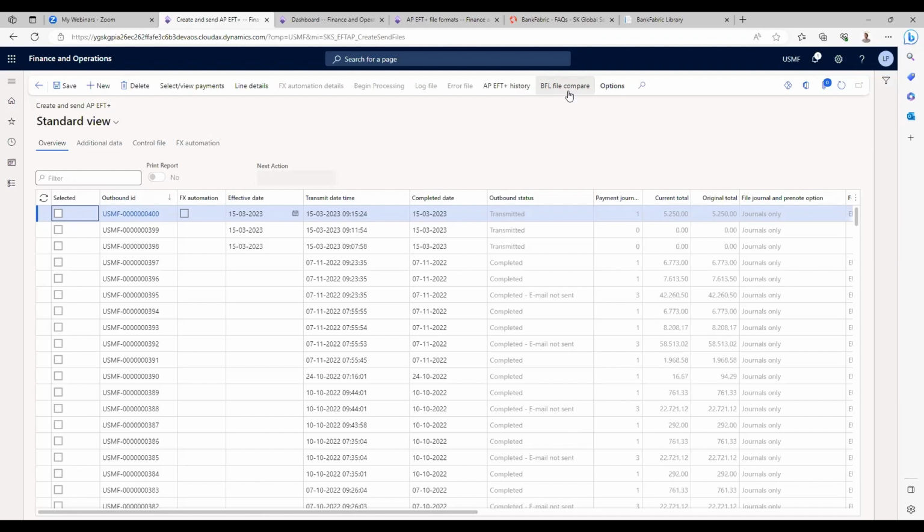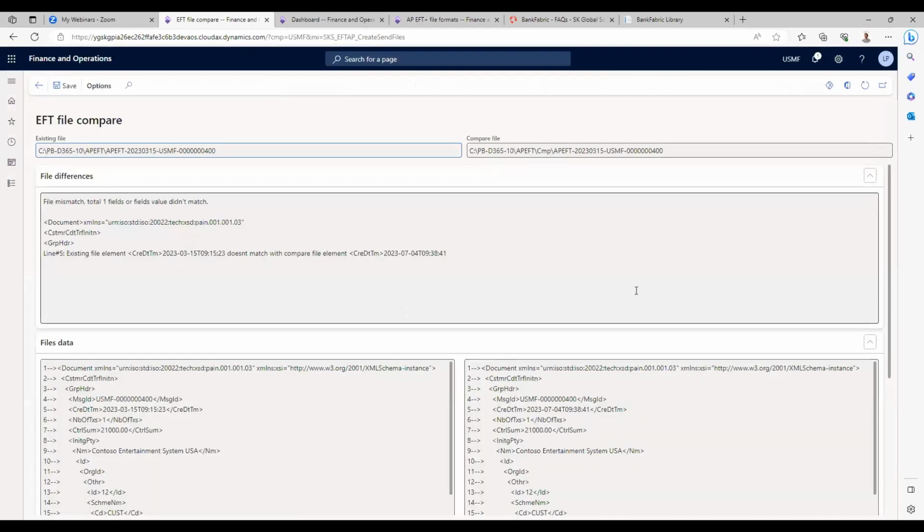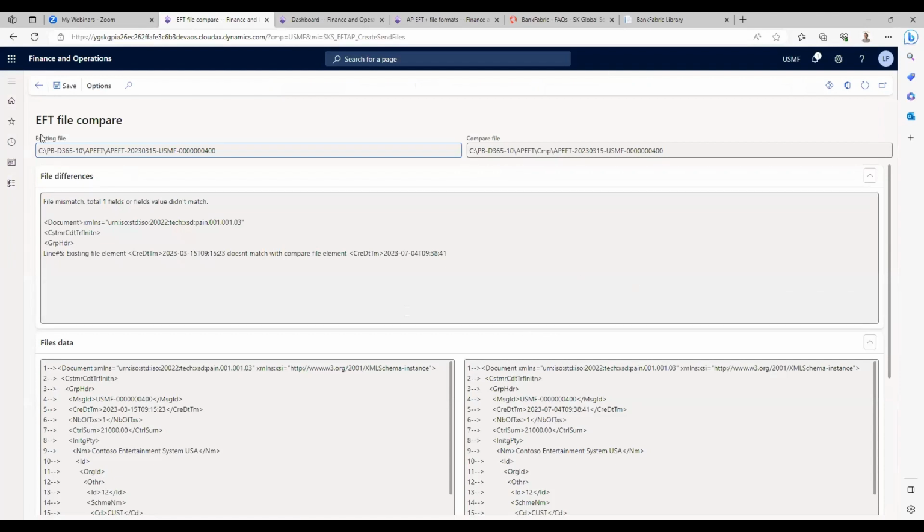Because we are able only to compare the files that are on the same version. So just to be sure, we need to simply get it done. So we simply select and download the format that has the same version as we've been using before. When we hit that one, we'll get the prompt message. It simply depends on the code type you have and so on. And you would be able to see